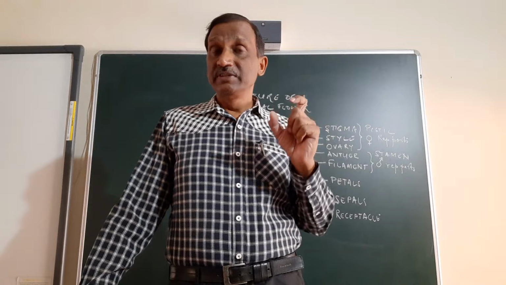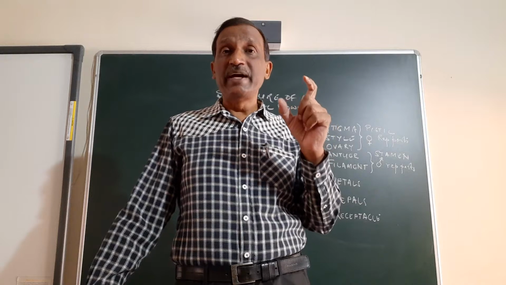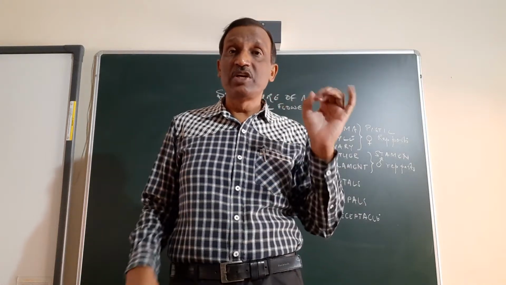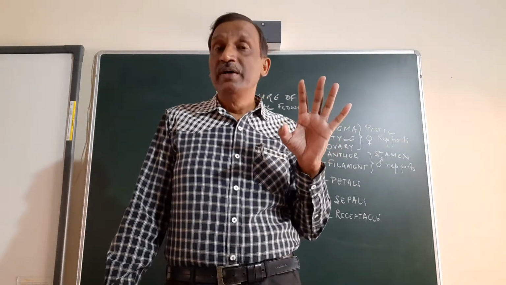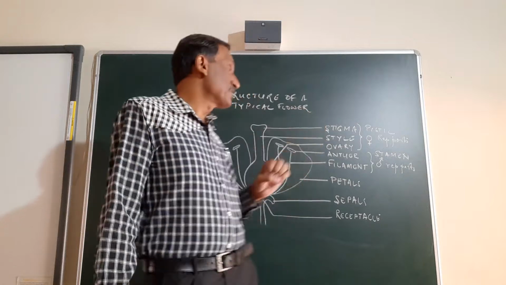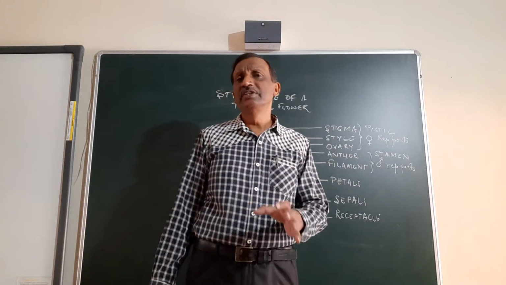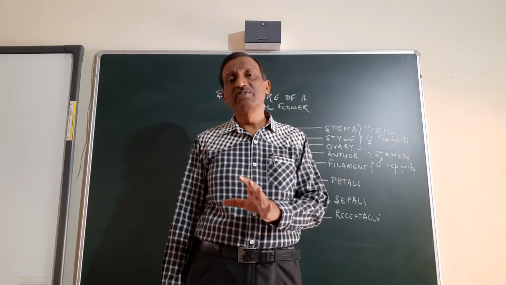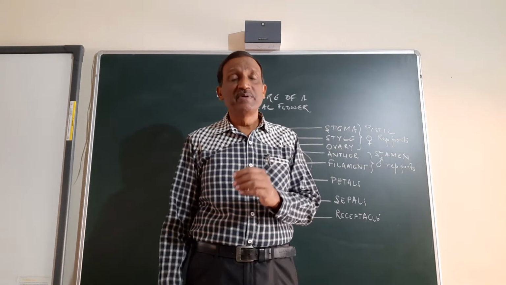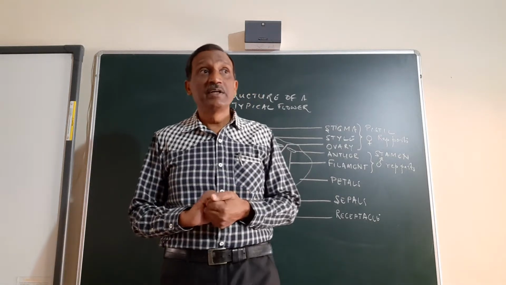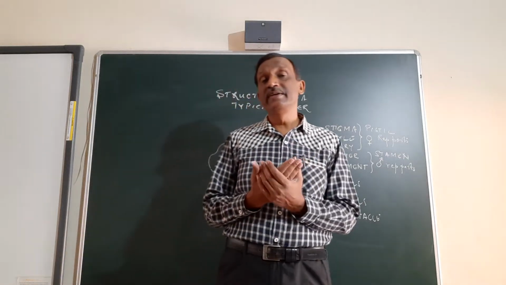But in some fruits, even sepals are found attached. If you have seen tomatoes, you might have seen the green sepals there. Also the pomegranate, brinjal, and guava are fruits in which the sepals are still attached. Otherwise, the only function of sepals is to protect the young flower, that is the bud, and they are green in color, except in some cases where the sepals may become colored. In most monocot plants, the sepals and the petals may become identical in color.